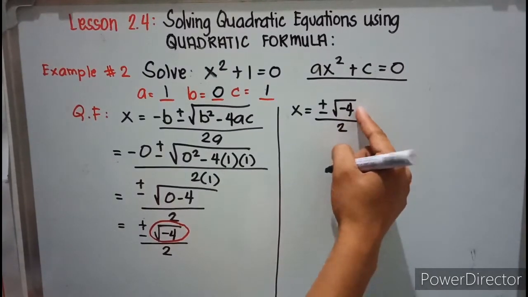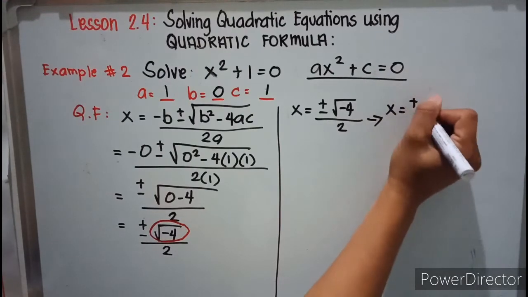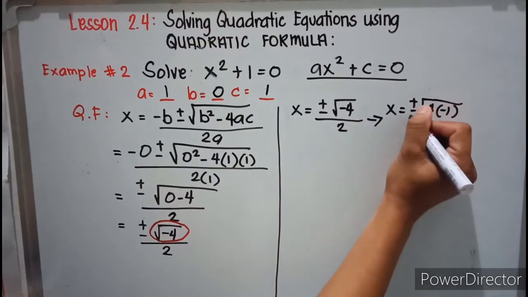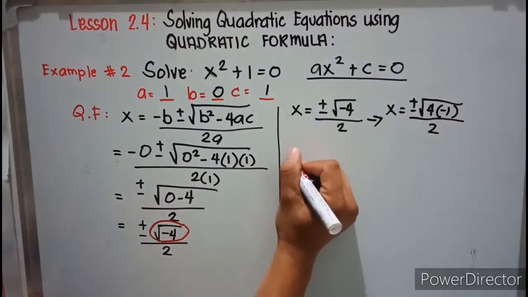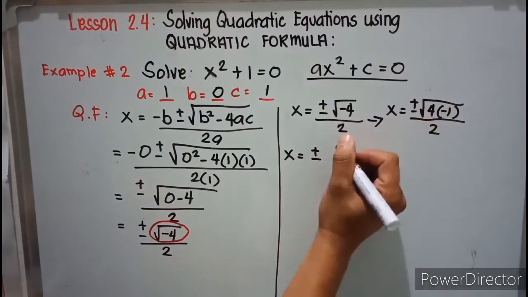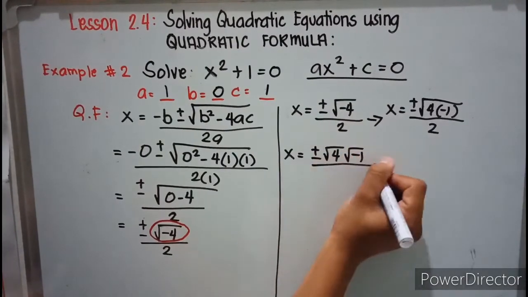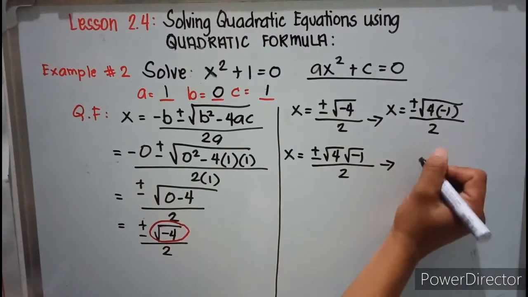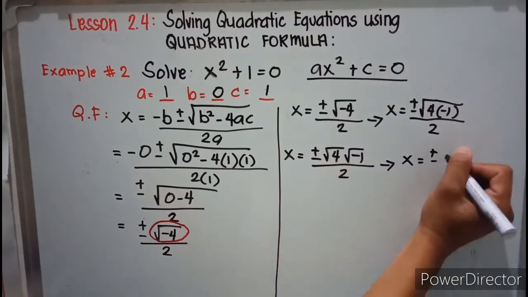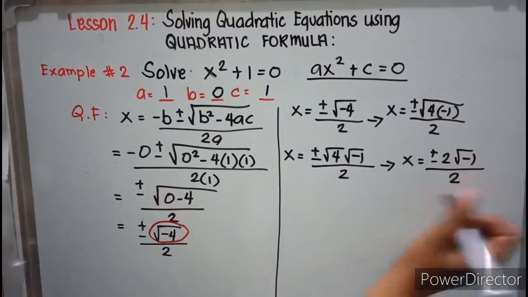So let us factor negative 4. This will become x is equal to plus or minus square root of 4 times negative 1 all over 2. So we'll have x is equal to plus or minus square root of 4 times square root of negative 1 all over 2. So that will become x is equal to plus or minus, what is square root of 4? That is 2 square root of negative 1 all over 2. Now,